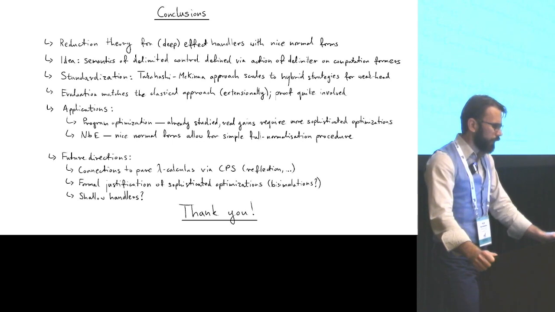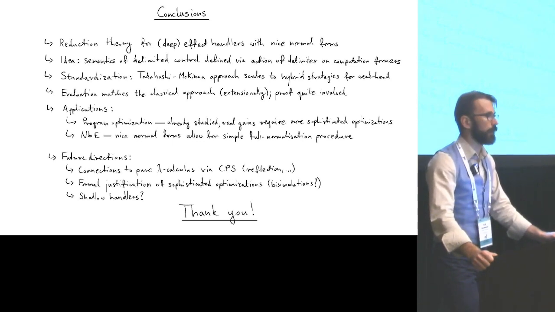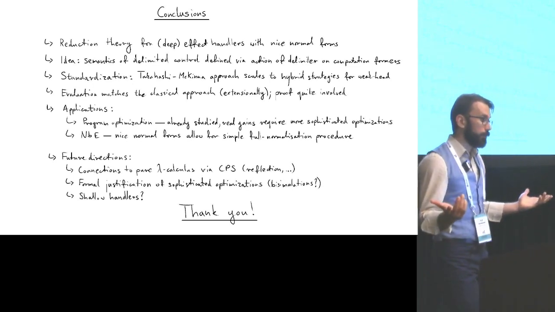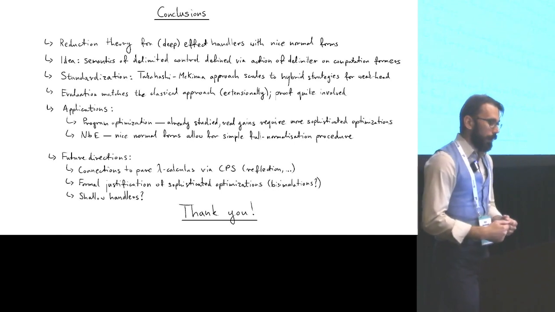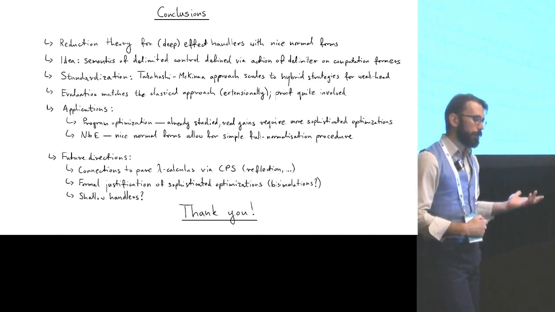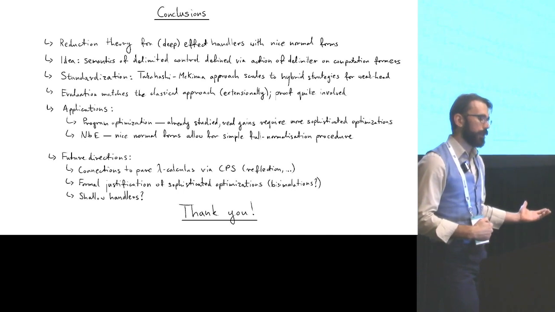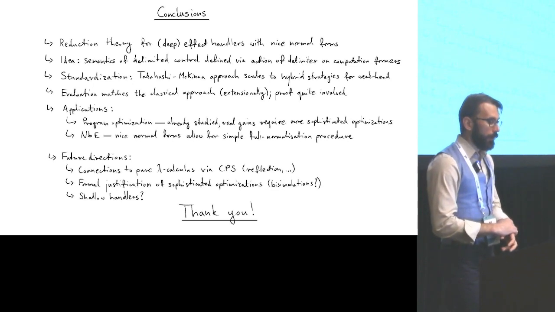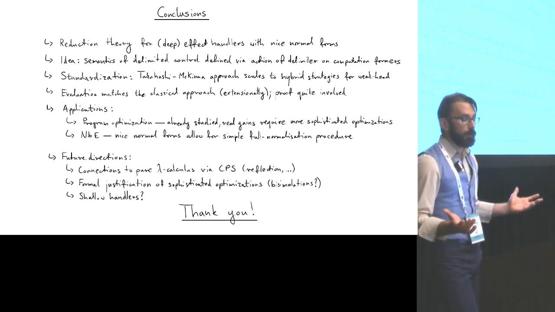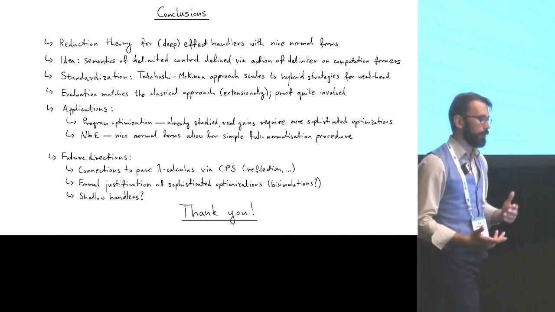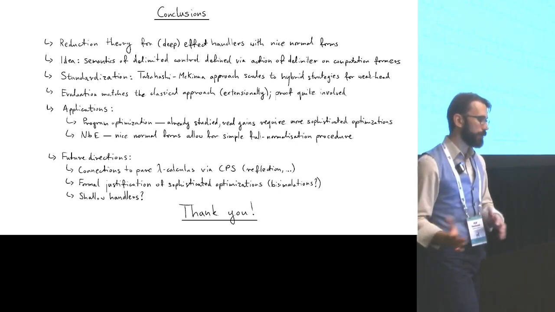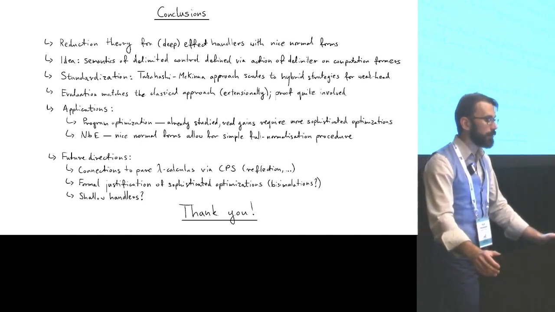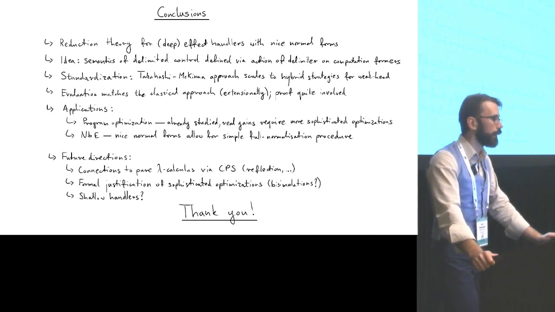prove the first explicit standardization result, at least, for effect handlers, and show how it scales to hybrid strategies for evaluation. And we show that the evaluation in our reduction semantics matches the classical approach up to extensionality. The proof is relatively involved. And it seems that this approach to reduction for effect handlers has some nice applications, both in terms of program optimisations, this is prior work, and in terms of nice normal forms that allow us to define NBE.